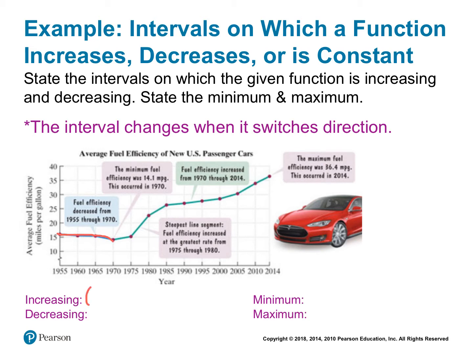So that would be from year 1955 to year 1970. And sorry, that was for the decreasing. Let me just switch these words around. Decreasing, I did that first. And then we'll make this one the increasing. So increasing is going to be where it starts going up, and it's steadily going up all the way from 1970